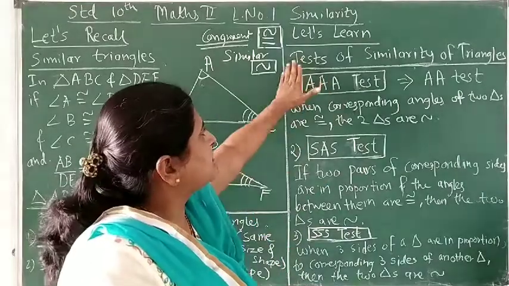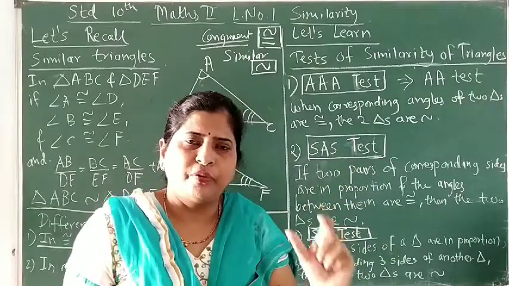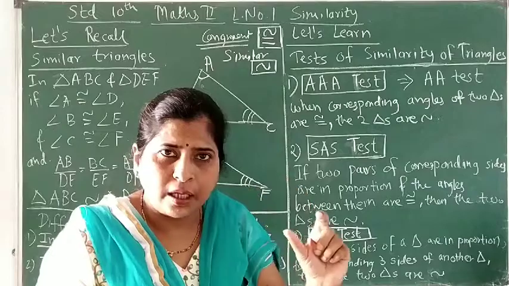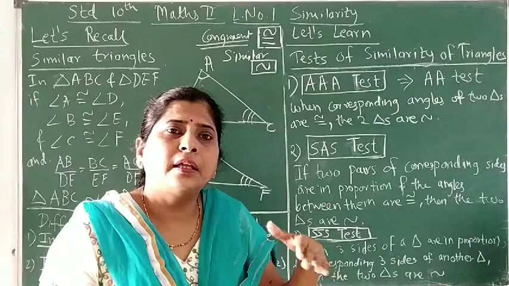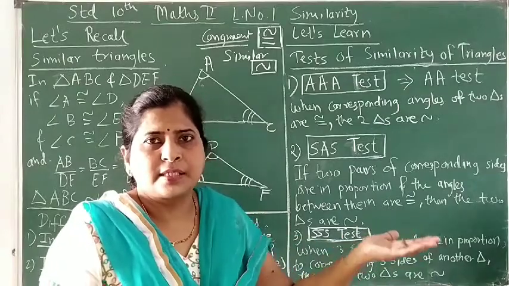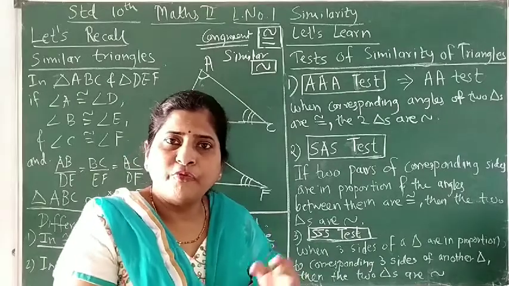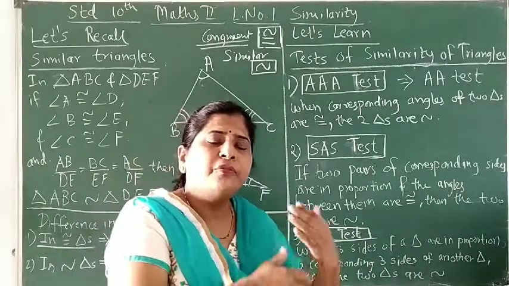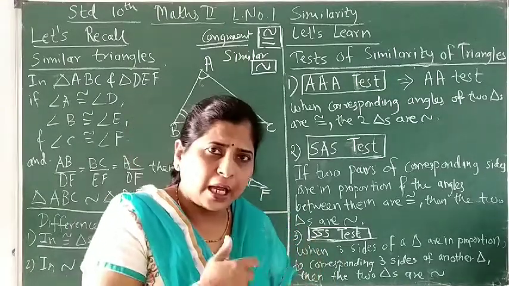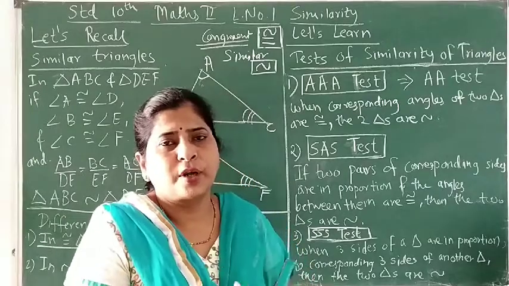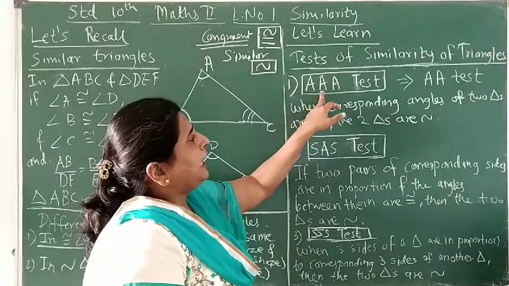Like that, there is a test of similarity of triangles also. So here also, if we know information about particular 3 elements out of 6 elements of a triangle, then we can say the rest are also similar. But here we are not going to use the word congruent for sides. Wherever the sides come, we will check whether the sides are in proportion or not. And wherever the angles come, we will check whether the corresponding angles are congruent or not. Okay. So the first test is the AAA test.